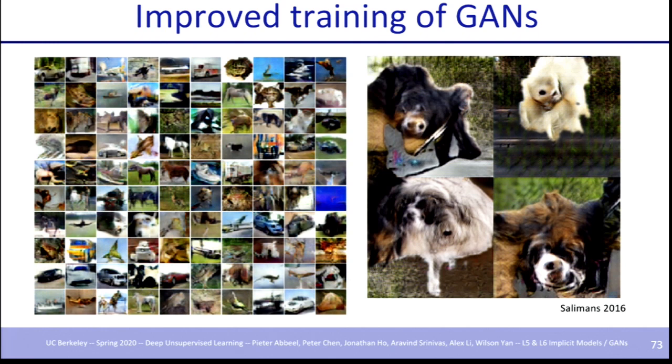So these are the samples that were seen in the Improved Training of GANs paper. You could see that the CIFAR samples are really good, but for the ImageNet samples, they did an initial attempt, and you can see some dog-like images, but it's producing multiple heads of the dogs, and it's having a lot of these artifacts in the borders, and it's not really that good, but it was considered good at the time.